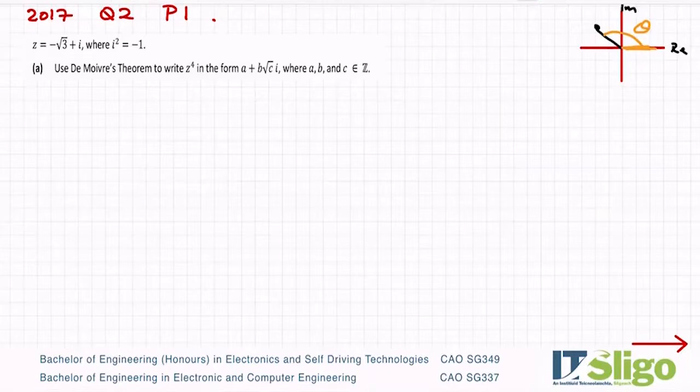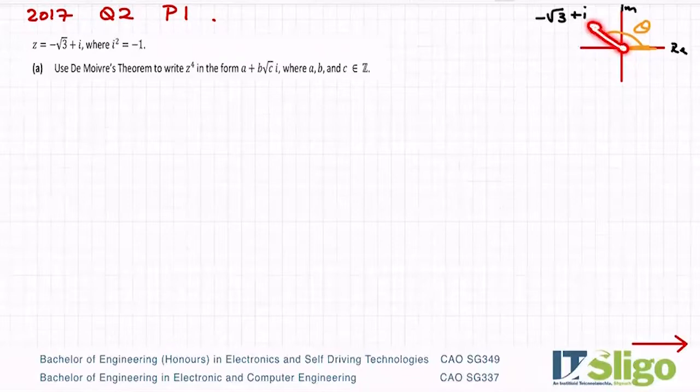Okay, so remember what polar form is. Instead of describing it as minus root 3 plus i, I'm going to describe it in terms of how far out are you from the origin, and how many degrees are you away from this starting line, which is the positive sense of the x-axis. So it's a different way to describe this location. How far out are you from the origin? How far in angle are you from the positive sense of the x-axis? Okay, so the first thing I'm going to work out is r,